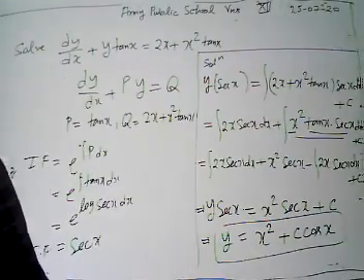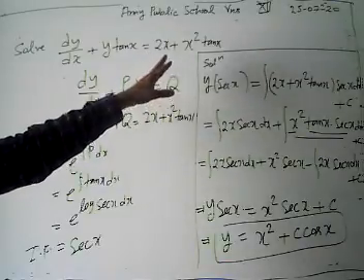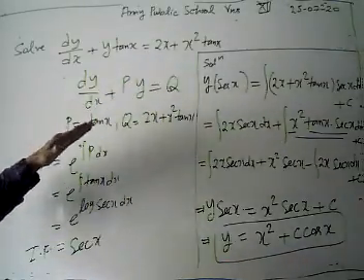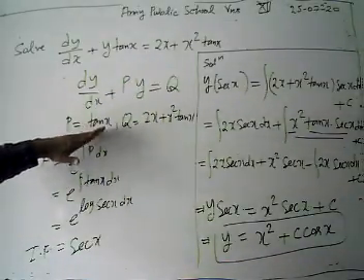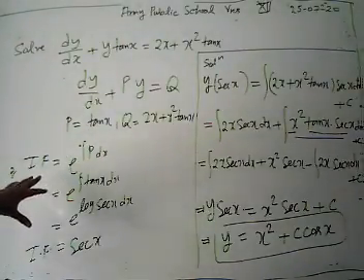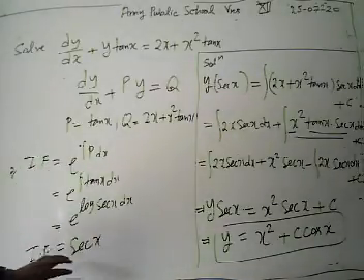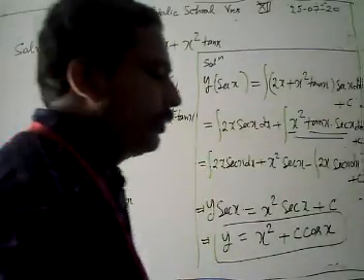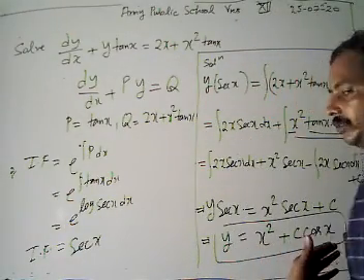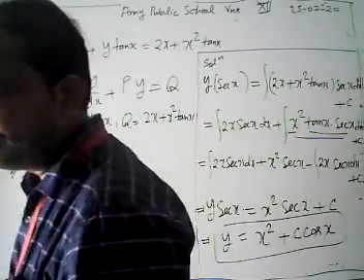Look again, I am going to revise it. We have the problem dy/dx plus y tan x equal to 2x plus x square tan x. We compare with our standard form, getting the values of p and q. Then we find our integrating factor, IF, which is e to the power integral of p dx. After getting the integrating factor, it's sec x. We use our solution: y into IF is equal to the integration of q into IF plus c.